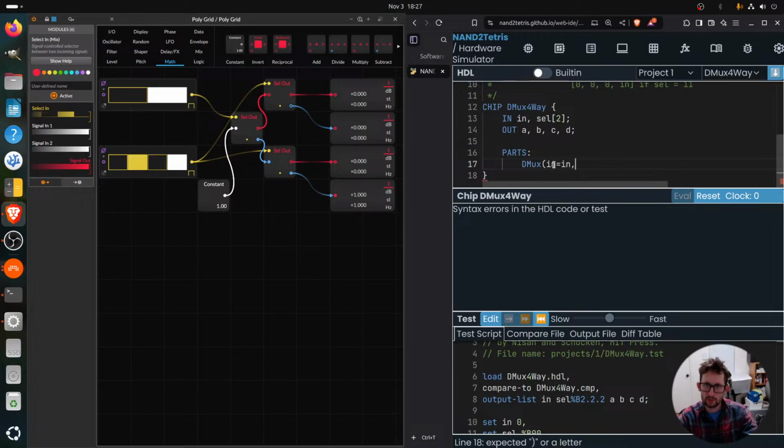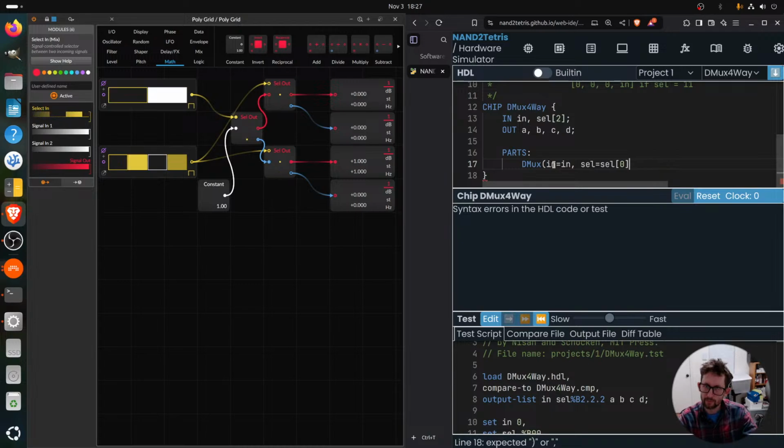N equals n. Select equals, I'm gonna say select 0. Yeah, and then my out will equal,